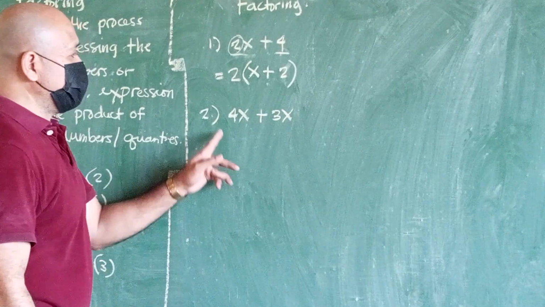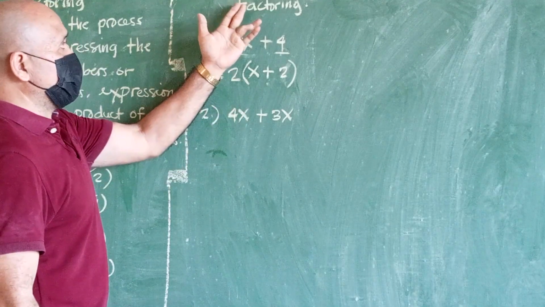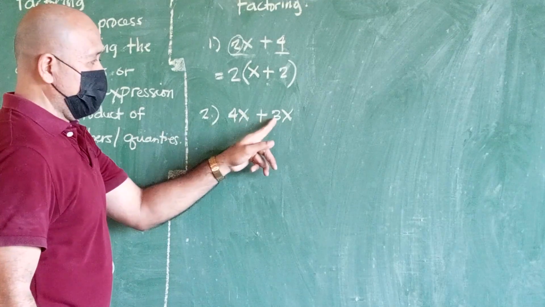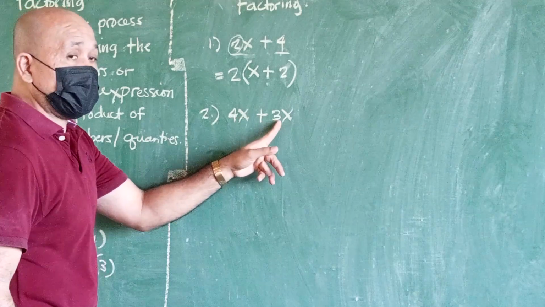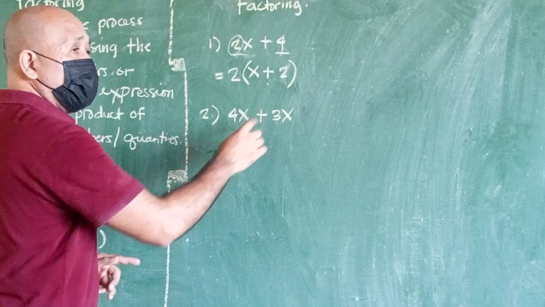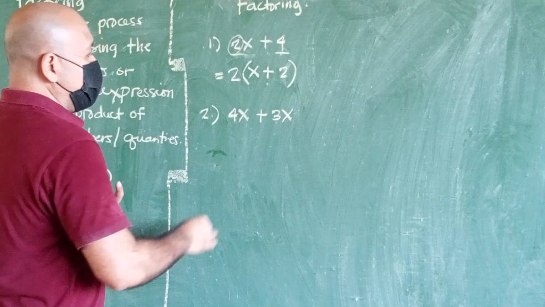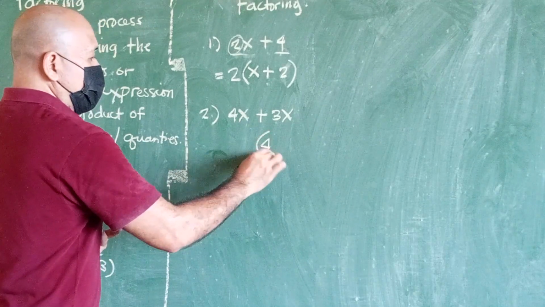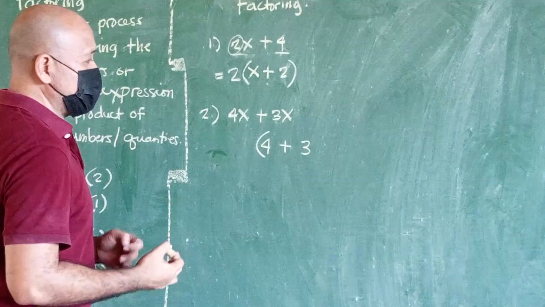Okay, so this time for number 2 given, still under the common monomial factoring, obviously 4 and 3, if you are going to compare the first term 4x and the second term 3x, obviously between coefficients 4 and 3, there is no common value that you can factor out. So, in your answer here, as binomial, 4 and 3 remain. And you proceed